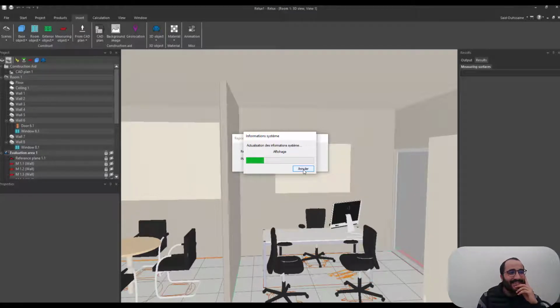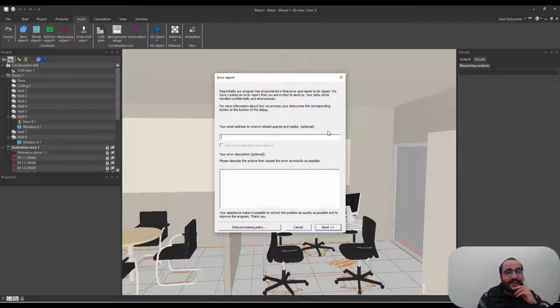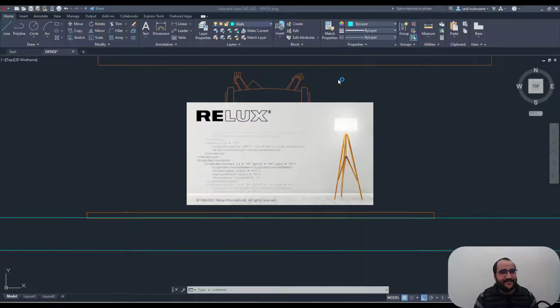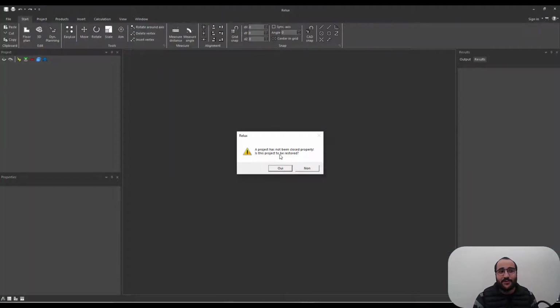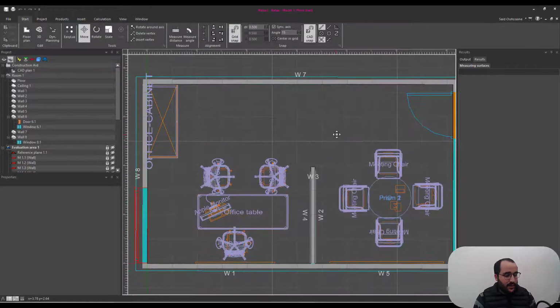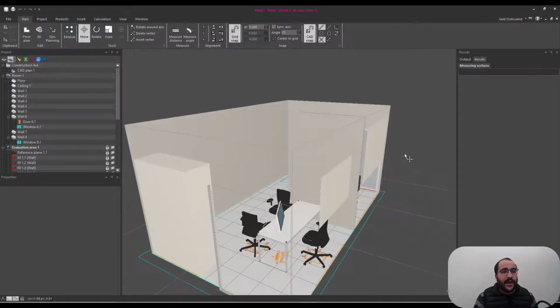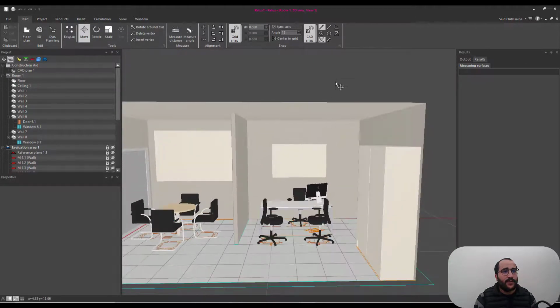So okay, you are not very lucky today. But then this is how it is restored. Actually, a project has not been closed properly. Is this project to be restored? Yes. This is what I did in the first place. Okay, F3, and now instead of adding that photo, I mean, we can,